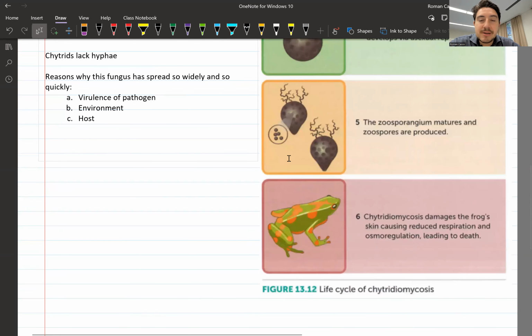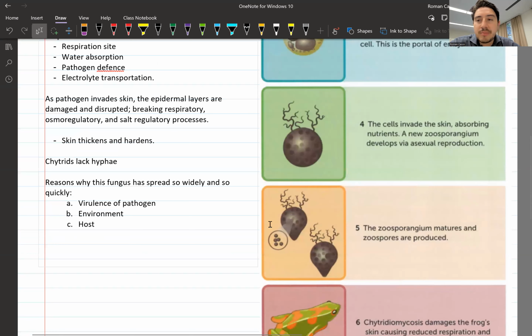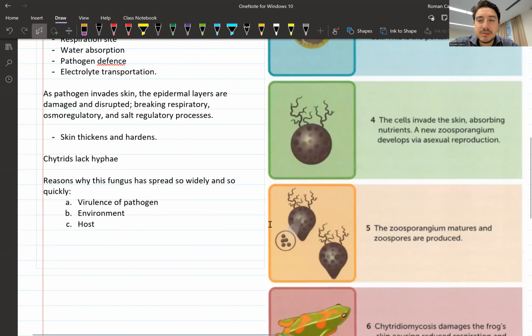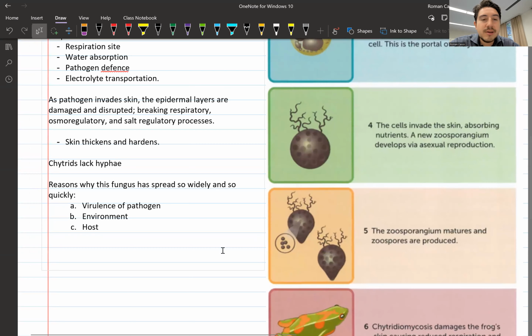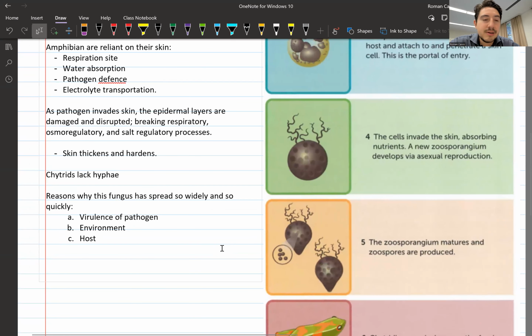And then infect new amphibians there. Okay, so their mode of replication is pretty, I don't want to say simple, but pretty quick, right? So they can infect many organisms at once, and also their virulence or pathogenicity is pretty high. So that mortality rate is pretty big. So that enables them to spread widely from one organism to another, and produce more zoospores, zoosporangium,